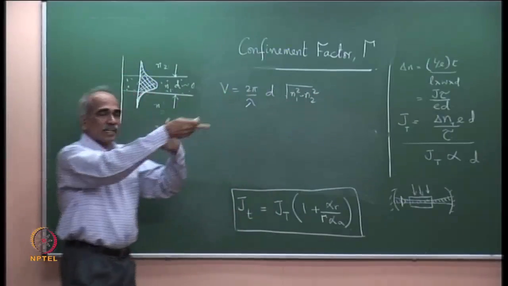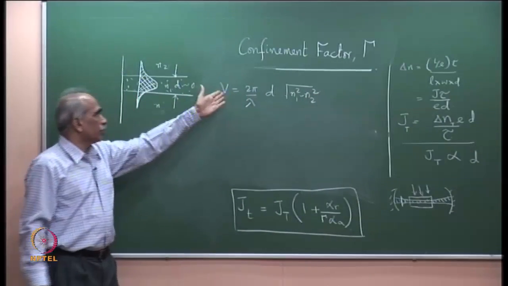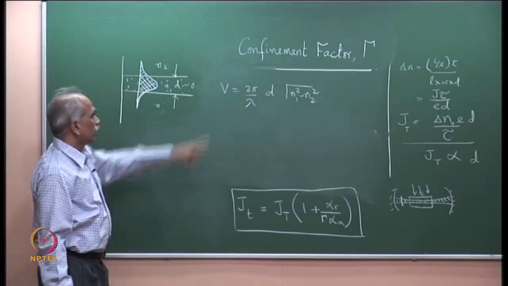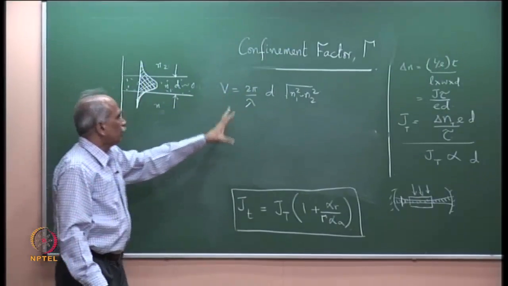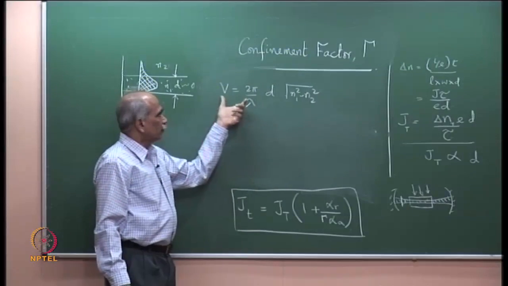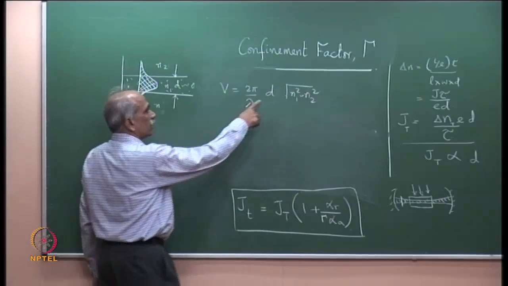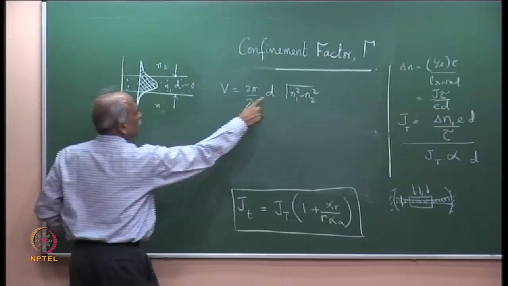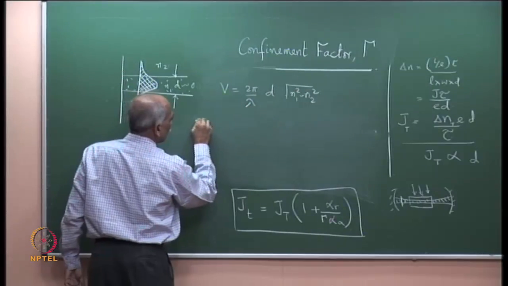It is not a direct relation; I cannot write analytically a direct expression for the dependence of gamma on V, but note this explanation, V is this. If d is larger, V is larger. If d is smaller, for example, let me show a smaller d,